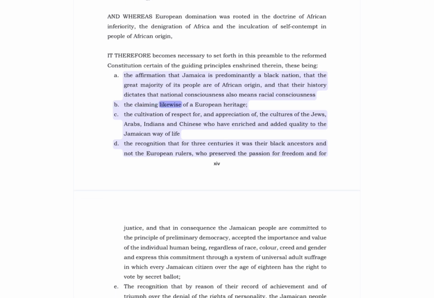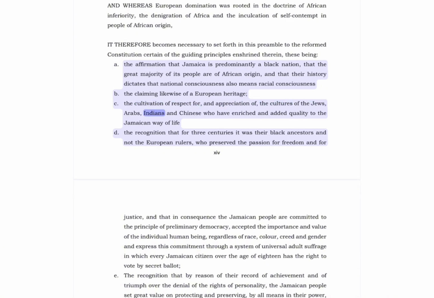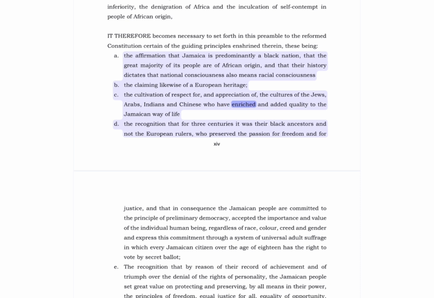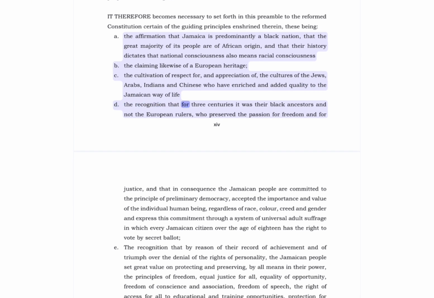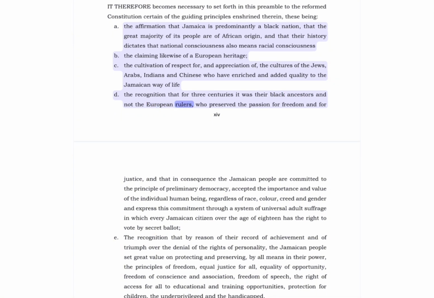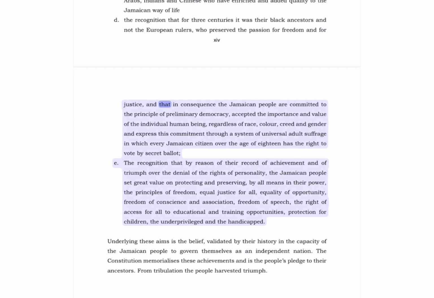The claiming likewise of a European heritage. C. The cultivation of respect for and appreciation of the cultures of the Jews, Arabs, Indians, and Chinese who have enriched and added quality to the Jamaican way of life. D. The recognition that for 3 centuries it was their black ancestors and not the European rulers who preserved the passion for freedom and for justice, and that in consequence the Jamaican people are committed to the principle of